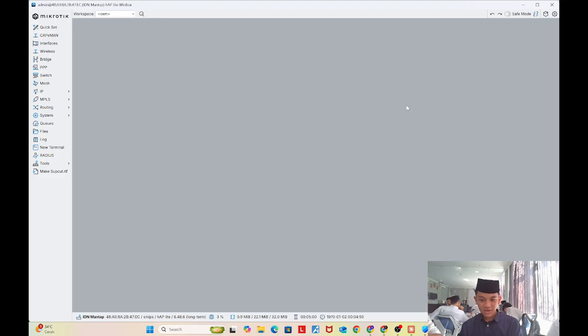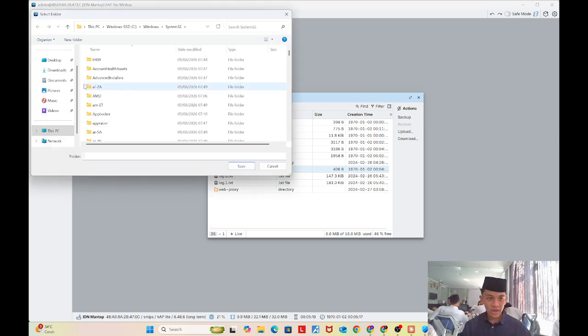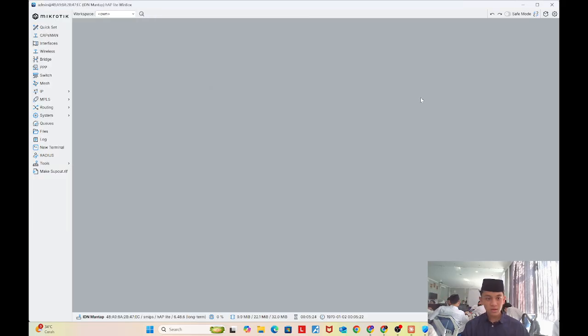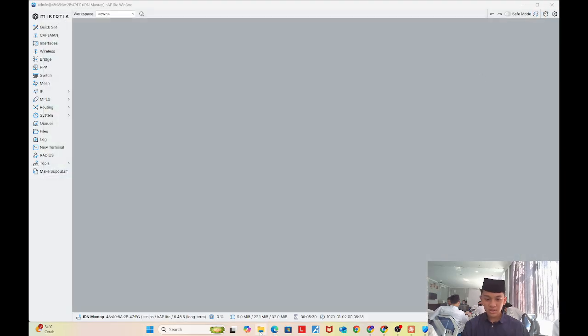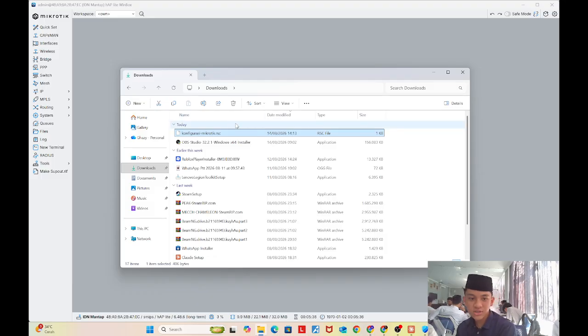And the next thing is I want to reset the router. How to reset the router? First, oh no, first we download. Our configuration that we just saved has to be downloaded so we can access it from our computer. You just press the download button right here, and you can save it anywhere on your PC. Just like that. Now the configuration is in our file explorer, as you saved. This is the configuration that I saved, so now you can access the configuration using this file.